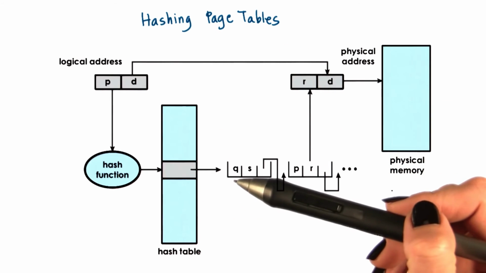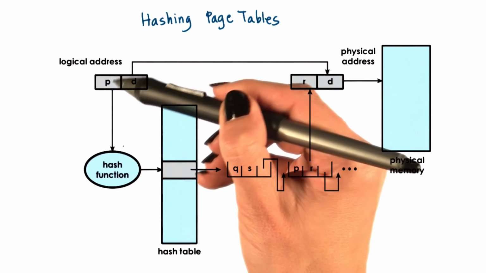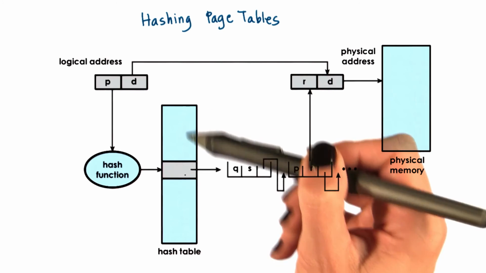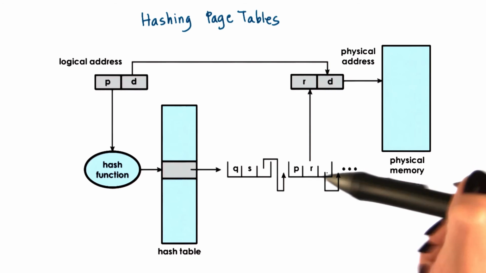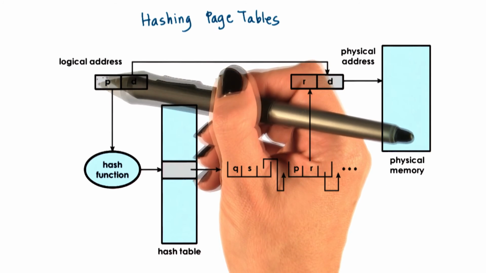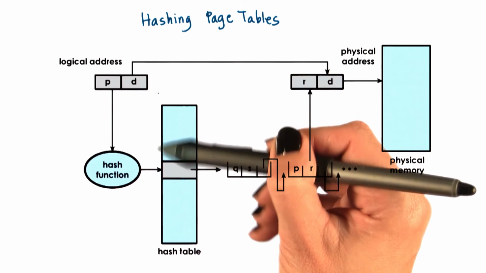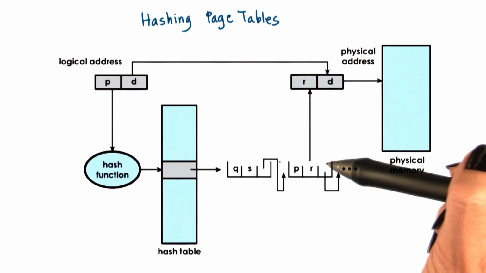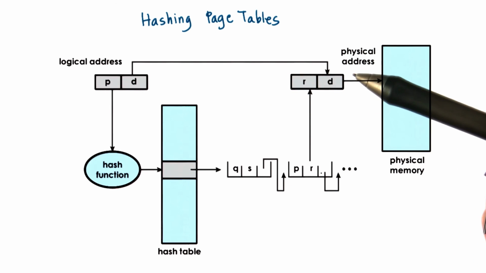In most general terms, a hashing page table looks something as follows. A hash is computed on a part of the address, and that is an entry into the hash table that points to a linked list of possible matches for this part of the address. So that allows us to basically speed up the process of the linear search, to narrow it down to a few possible entries in the inverted page table. As a result, we speed up the address translation.